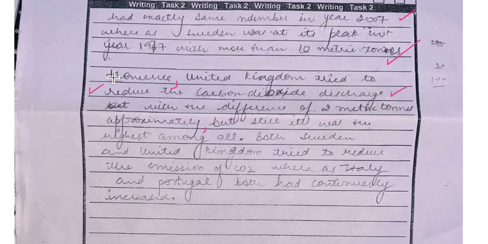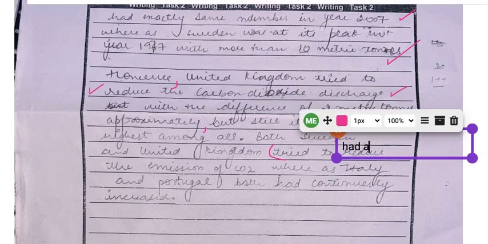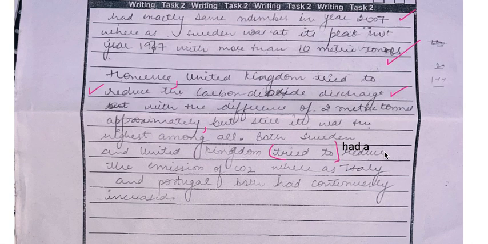इतना अच्छा आपने लास्ट पैरा लिखा है और ओवरव्यू को आपने बिल्कुल रुइन कर दिया है. Both Sweden and United Kingdoms tried to reduce the emission. Tried to reduce नहीं, had a reduced emission. हमें कैसे पता उन्होंने reduce किया है? Had a reduced emission of CO2,